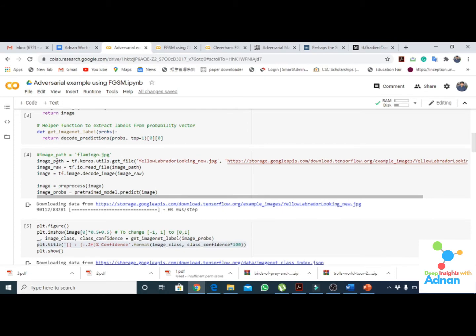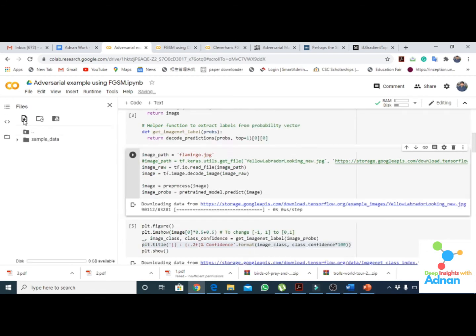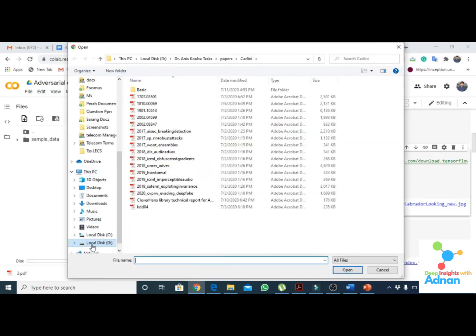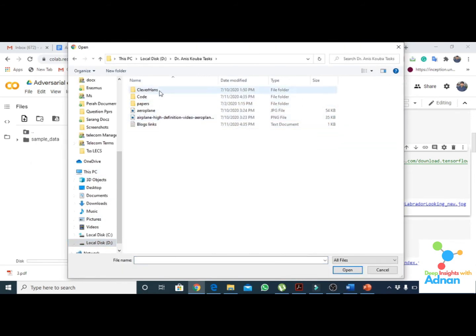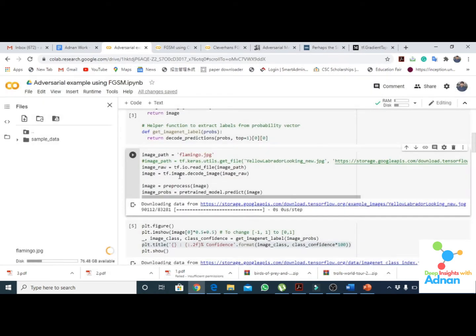Here we can use an image from local storage. We have to upload the image, so let's upload it from here. Okay, I am uploading that image. I am giving the image path, flamingo.jpg, which I have recently uploaded, and image.read reads that file from that path, and the image is decoded.